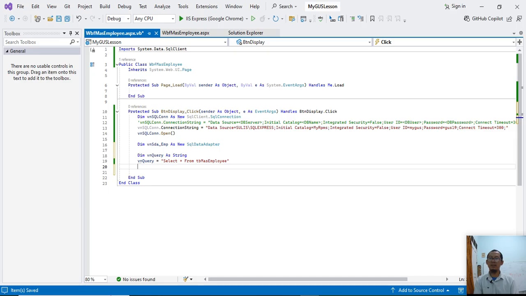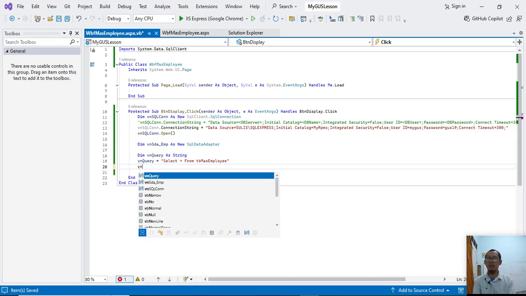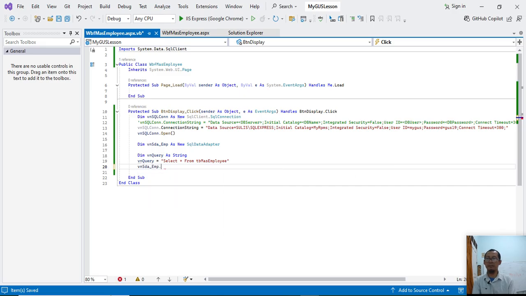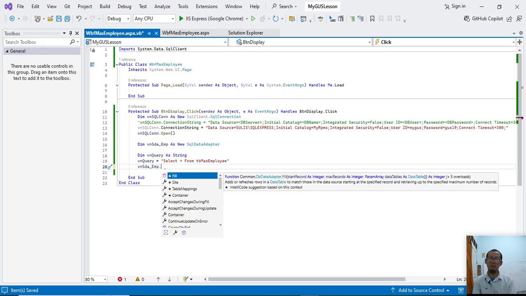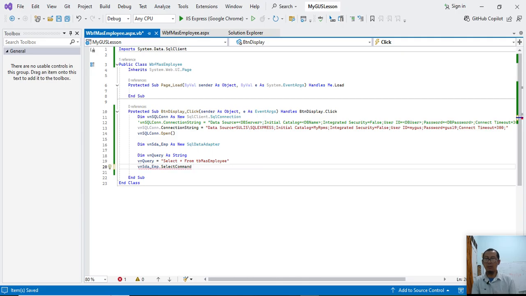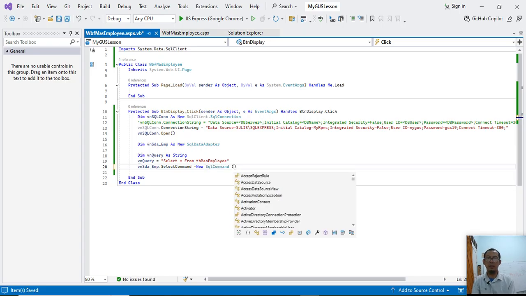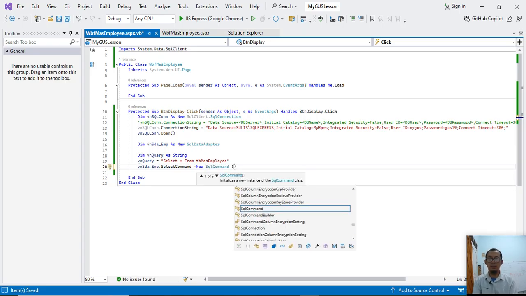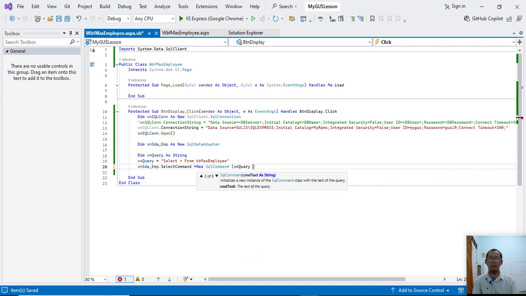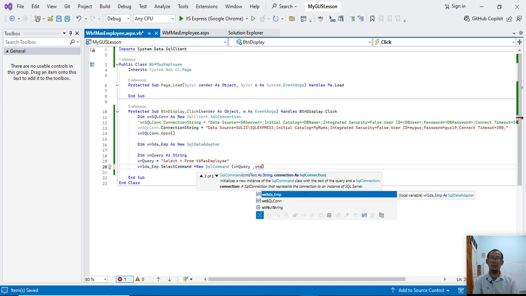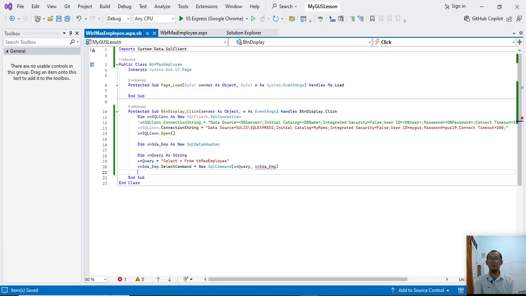Now let's set up the SQL data adapter. Select command equal new SQL command, query and... let's see the syntax.